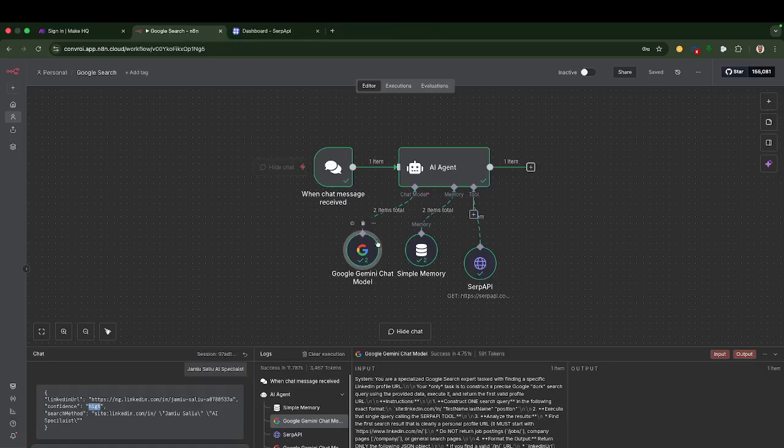So how this works is that instead of you having to make an API call to maybe Apify or all these several other tools, you are actually leveraging the power of Google. You just have to actually